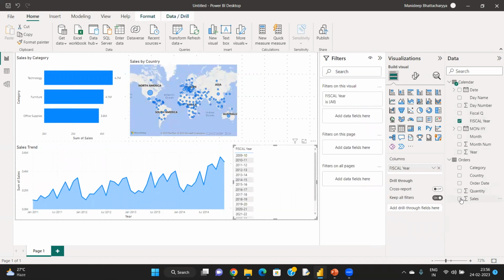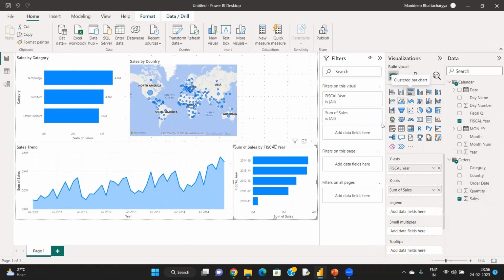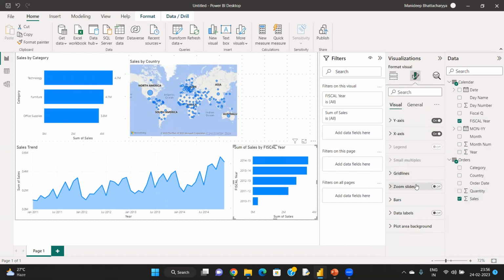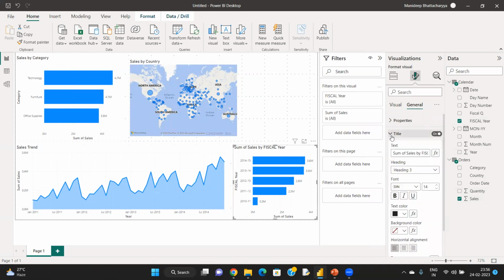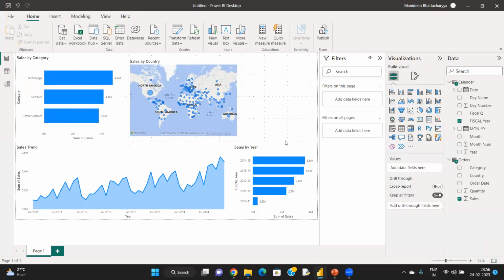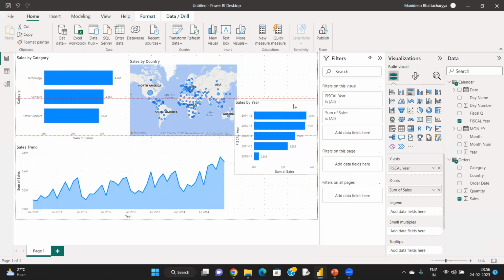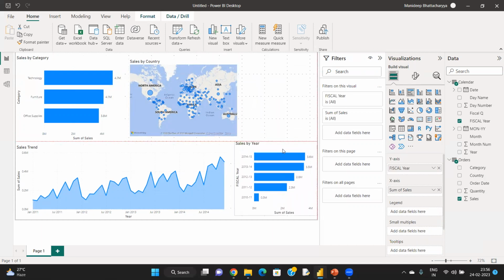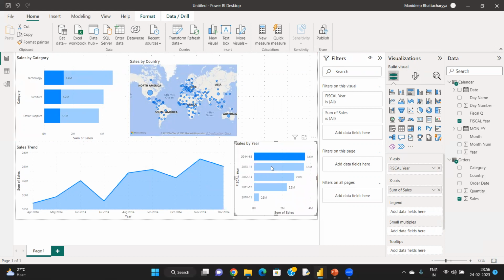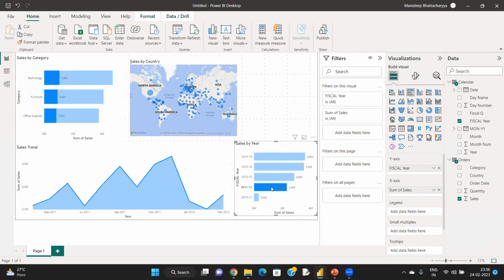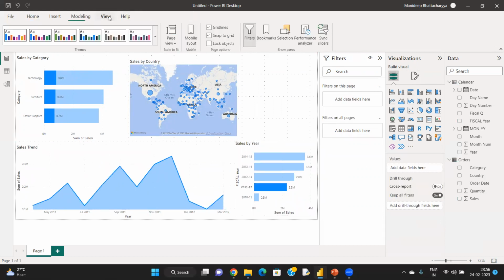By fiscal year we wanted to know the sales. Let's convert that also as a chart and then add data labels. Let's go to sales by year. Okay, so we are pretty much done with what we wanted to. Now if you click on anything, it nicely changes. Okay, now let us click on the blank area